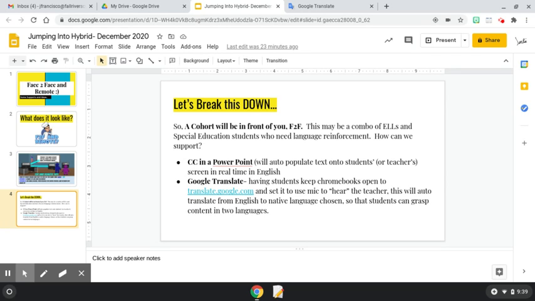They probably have some sort of language need, right? Whether it's acquisition of the English language or improvement of their current native language that they need reinforced. So how do we support that? So two things. Number one,